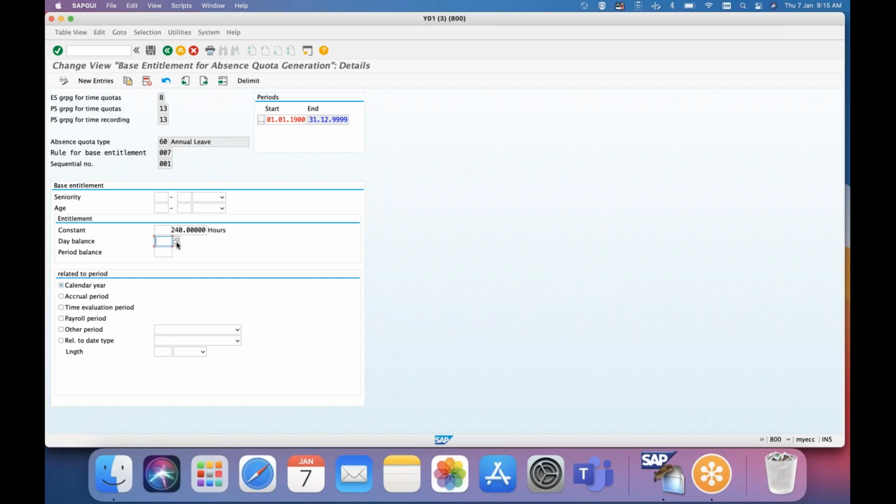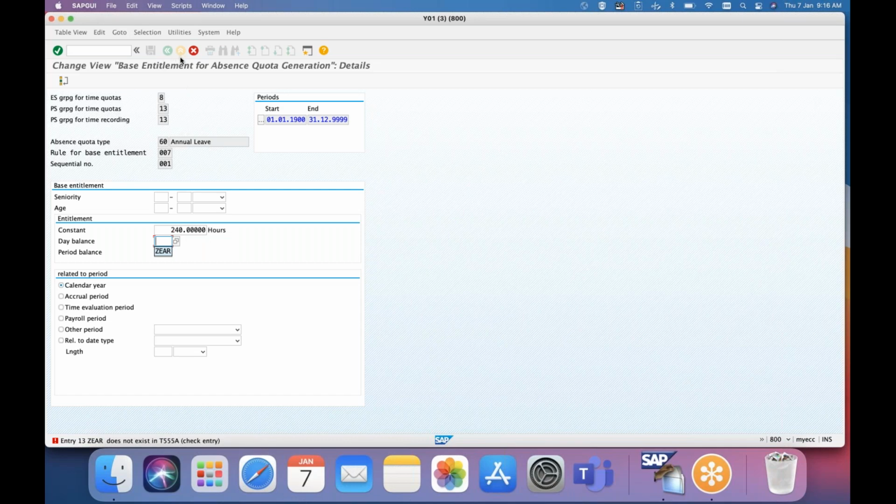Okay, so whatever the time type we have created for annual leave, we'll assign a time type in the day balance or period balance. As I said, we have two tables. One is ZES for day balance table, the other one is SAL2, which is month balance table. Okay, so you can use either of these. We can't use both. Say for example, I have a waste type, I can't use the time type over here.